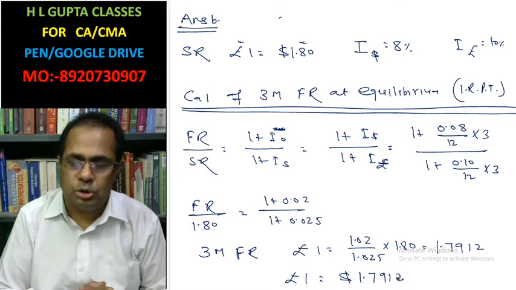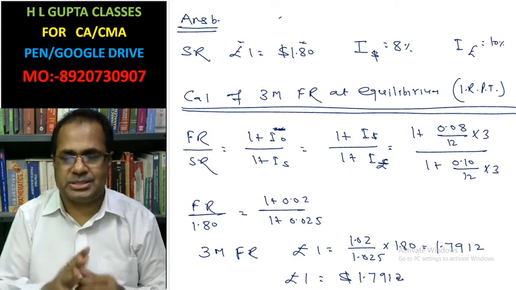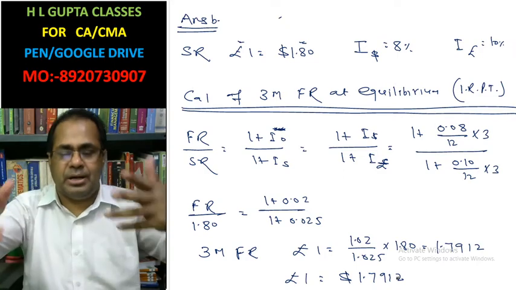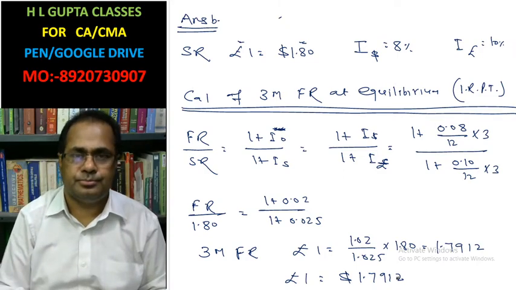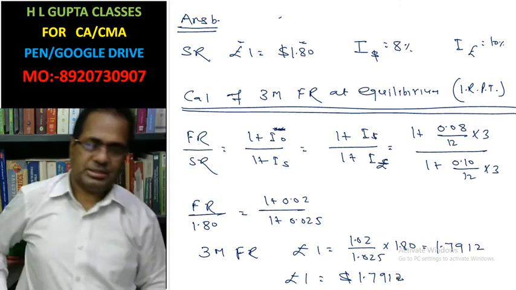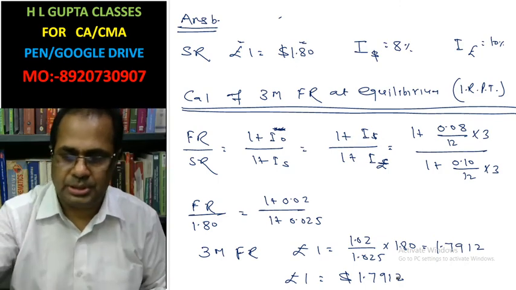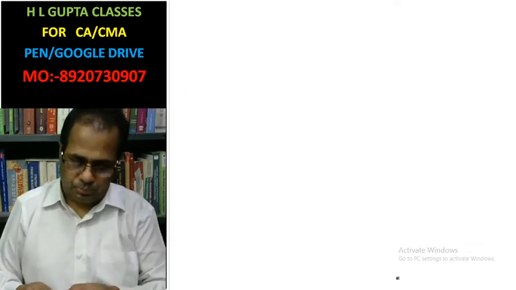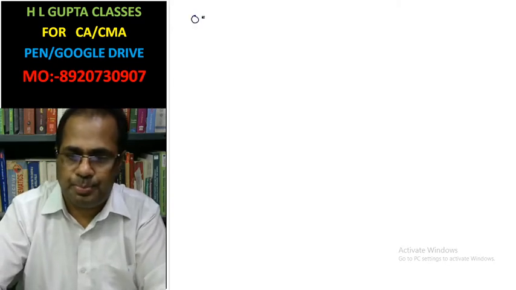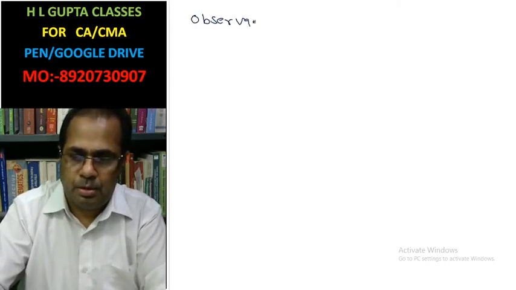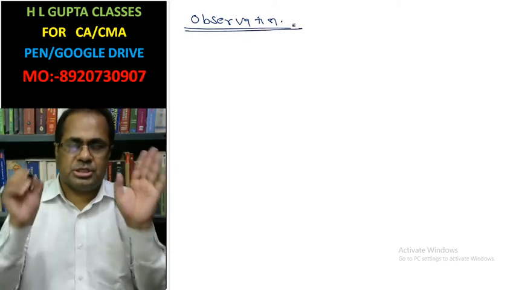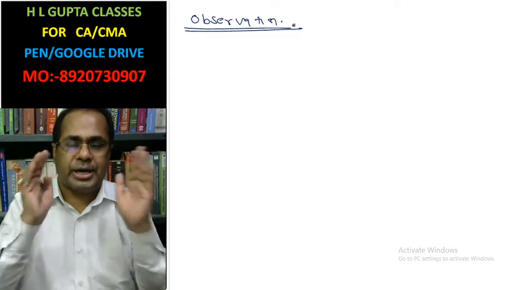On the basis of this we can understand that the answer of part A can be given as the answer of part B. Answer of part A can be given. These are the observations I am going to write here. This is your observation. This is not a part of the solution; I am just going to make you understand for correct understanding.